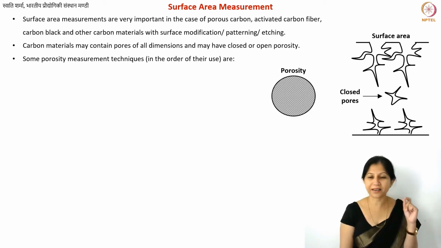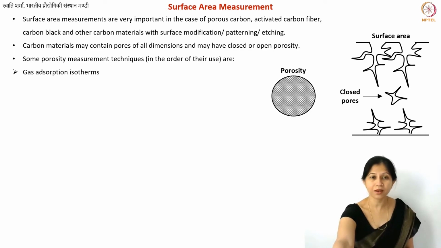So in that case, I can definitely get a relative value of how my porosity is increasing and how effective is my treatment method. So this information may not be very, very accurate. Like if I say my activated carbon surface area is some number, maybe it is slightly more than that, or maybe even slightly less than that. Maybe some pores could not be reached. But at the same time, I get more or less accurate information, because at least to understand my fabrication process, this is very important. This is very useful. Okay, so the first one we are going to discuss, gas adsorption isotherms.